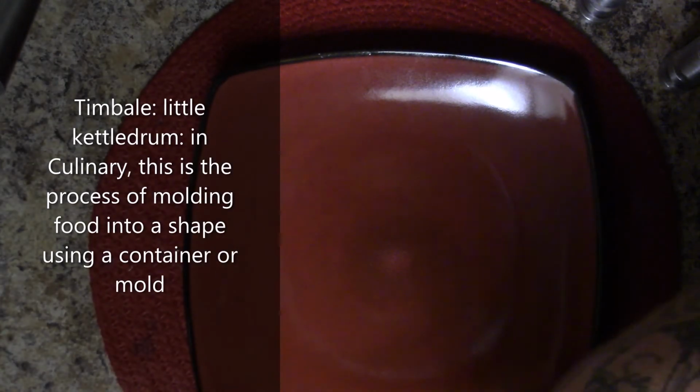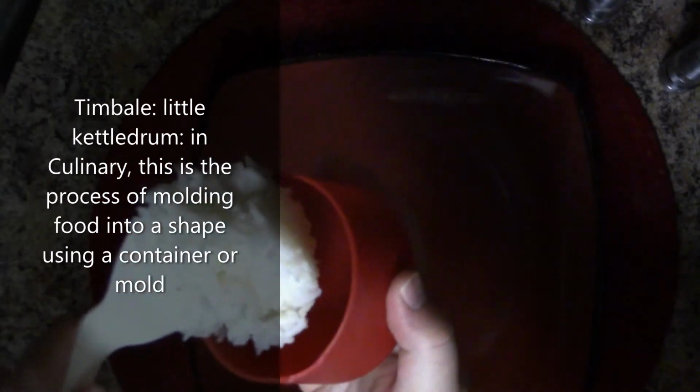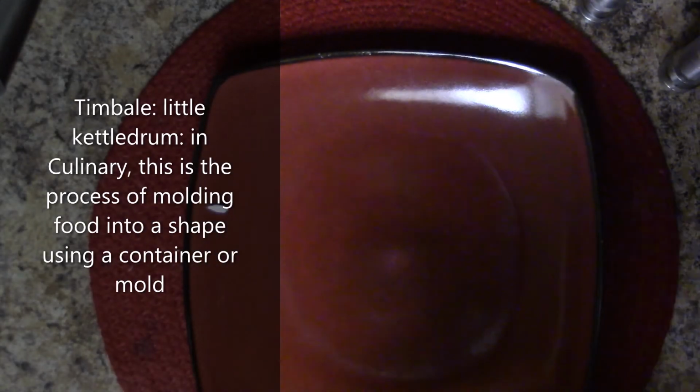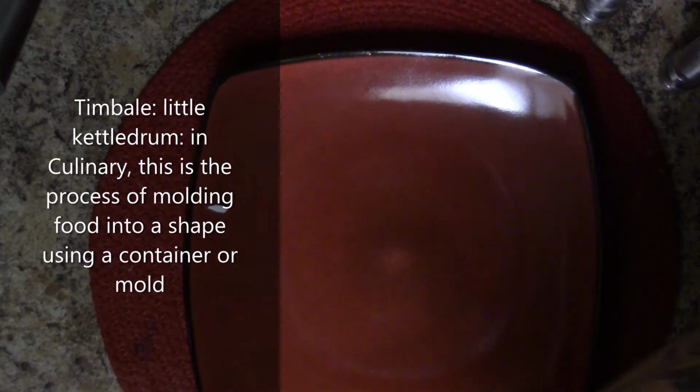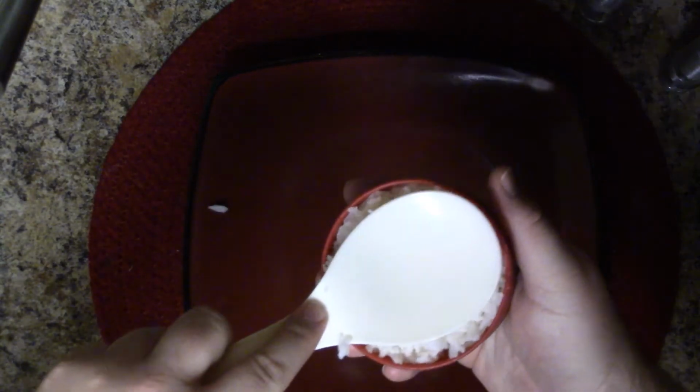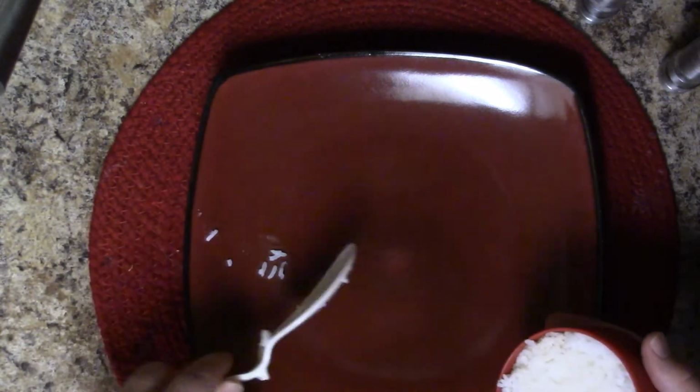And we're going to take some rice and we're going to put it in your little container and we're going to mold the rice a little bit. So give it a nice good tap down. This is just plain white rice. No seasonings. All your seasonings, all your flavors should be in the sauce. So after you got a nice tight rice there,